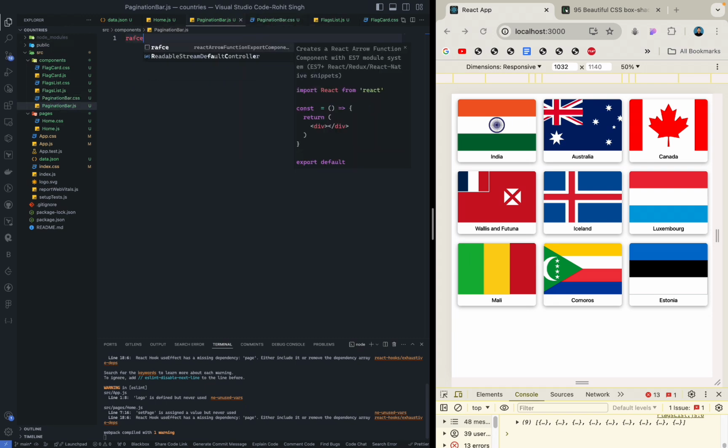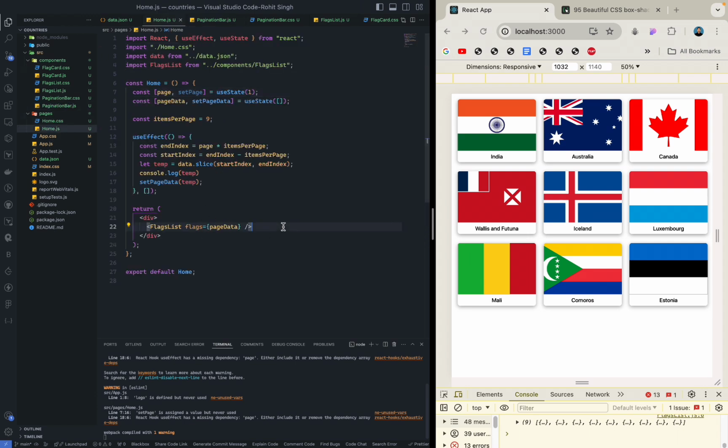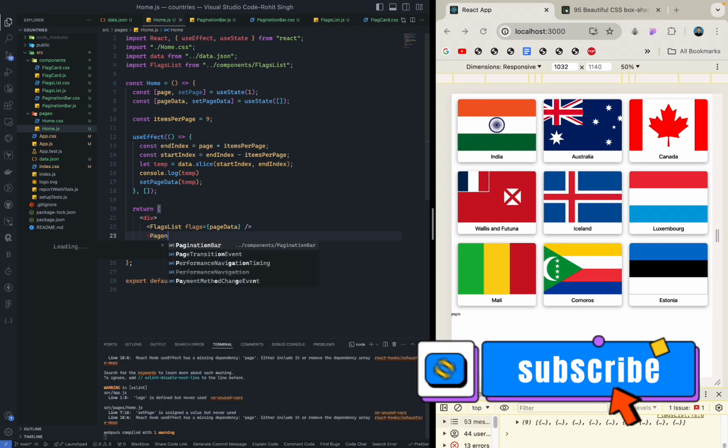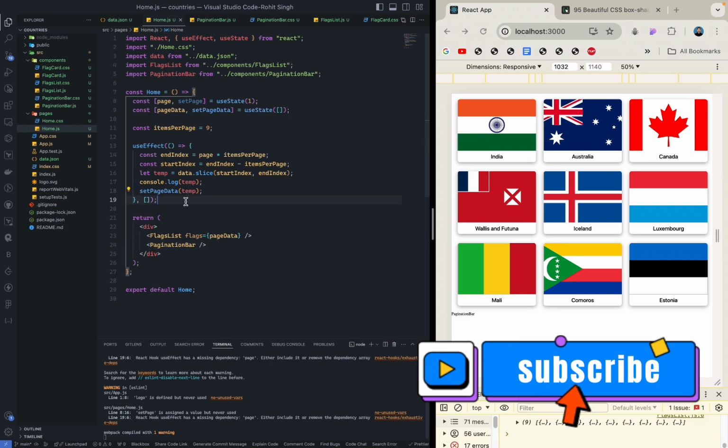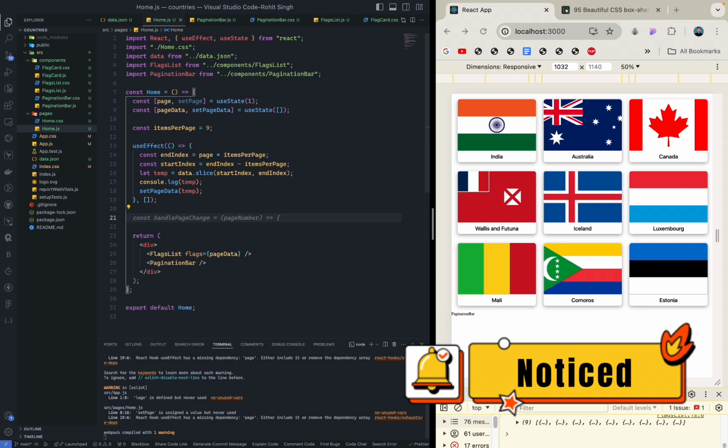Type rafc, import our CSS file, and let's put it here. Pagination bar. Let's create one function to handle the pagination, like whatever page number we pass in, it will